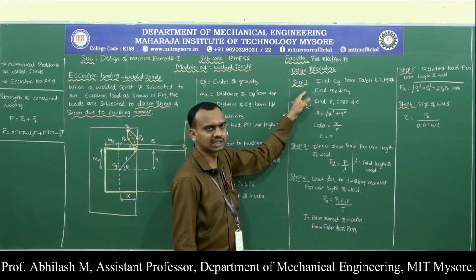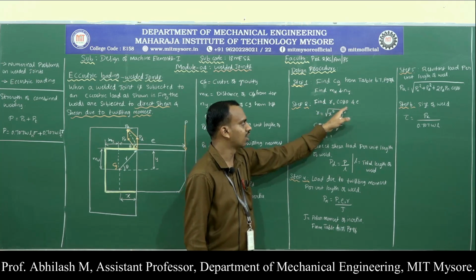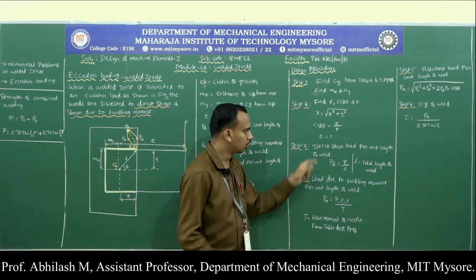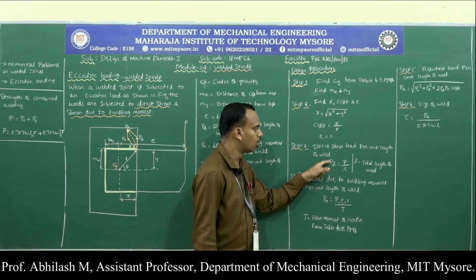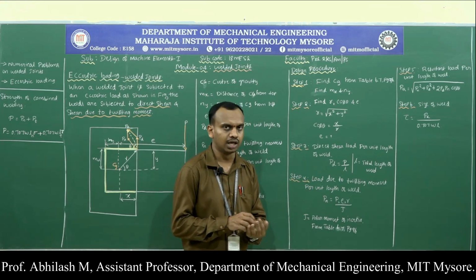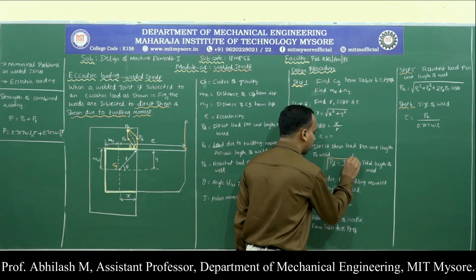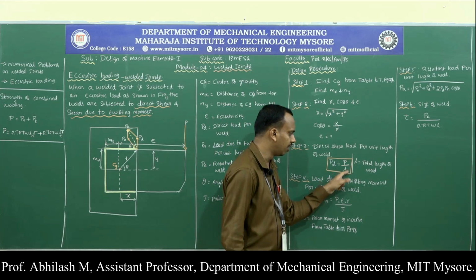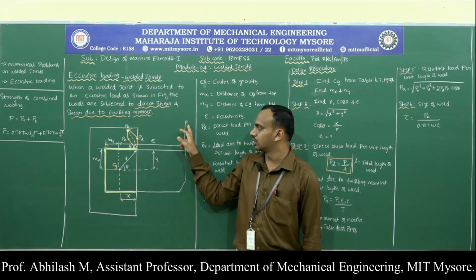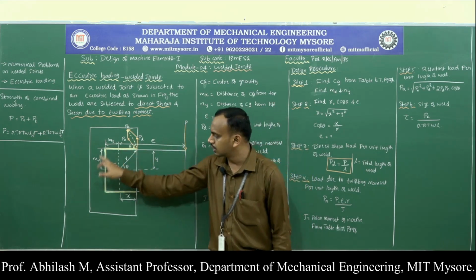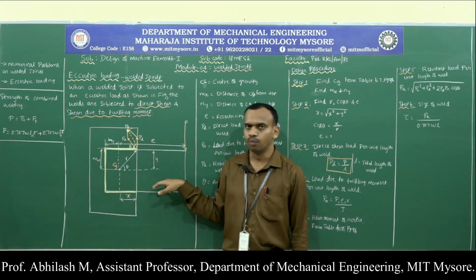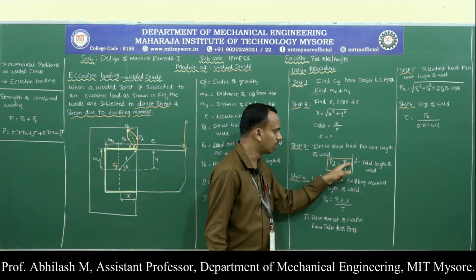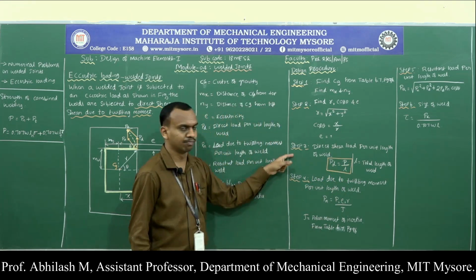So the first step is to find the CG. The second step is to calculate the value of r, cos theta and E using these relations. Next, step 3 is to determine the direct shear load per unit length of the weld, that is PD, using the relation applied load divided by the total length of the weld, that is PD is equal to P divided by L, where P represents the applied load and L represents the total length of this particular weld. So direct shear load per unit length of the weld, PD, will be equal to P divided by L, that is our step 3.